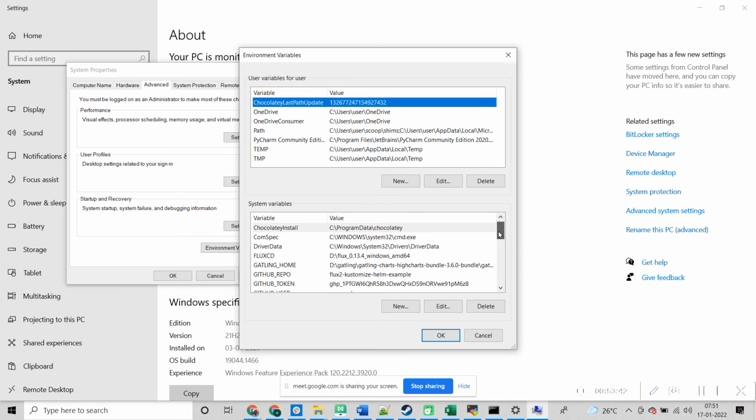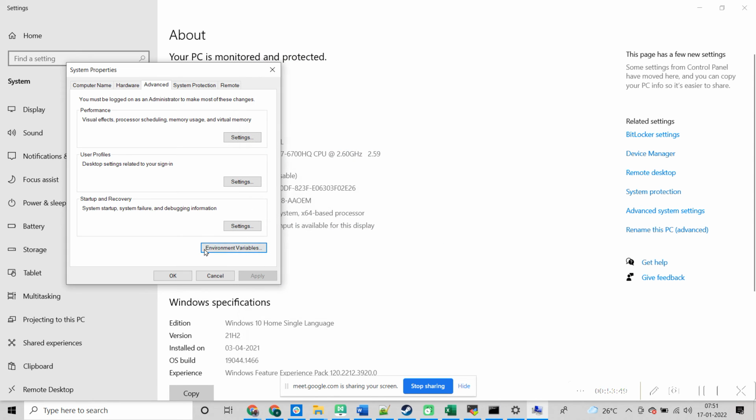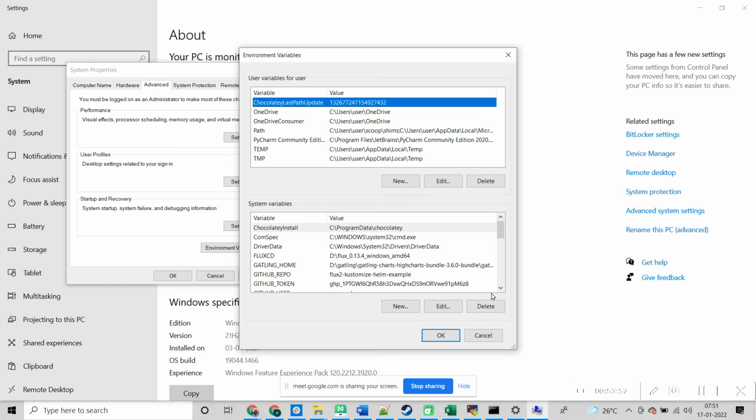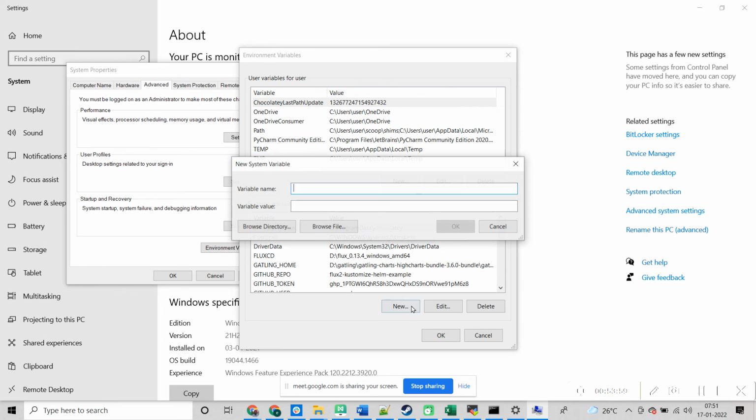There are three settings options. Which one do I choose? Environment variables. Just follow what I've been doing, where my cursor is. Are you able to see my screen? Okay, come to this screen and go to New. New variable down, not the top one. Put here JAVA underscore HOME, all in caps.